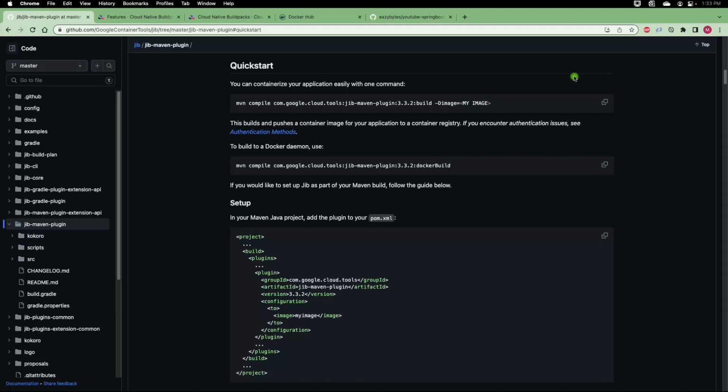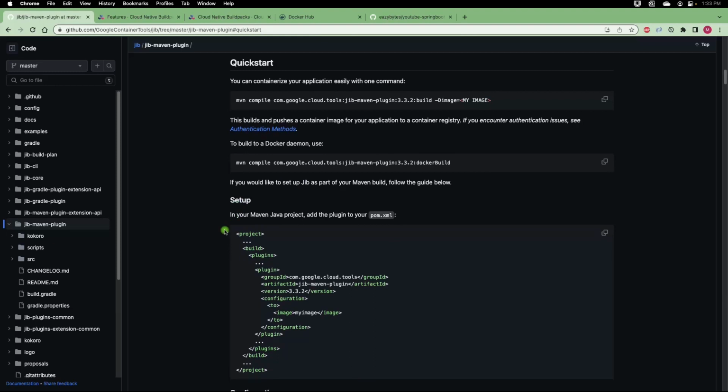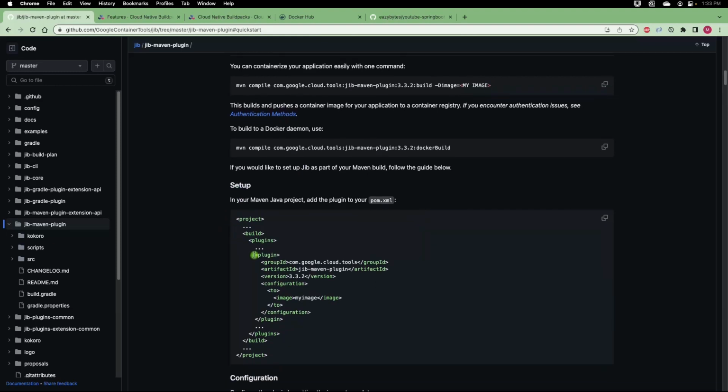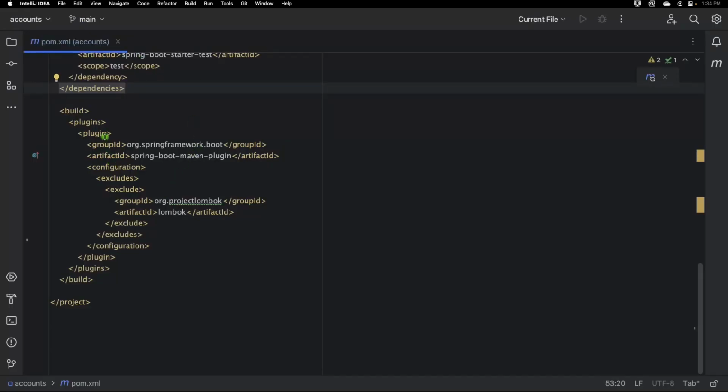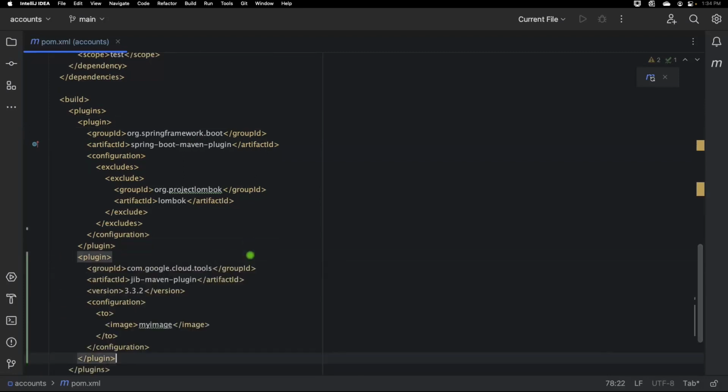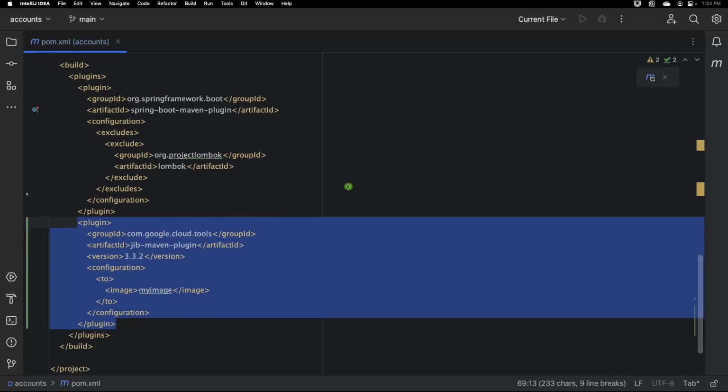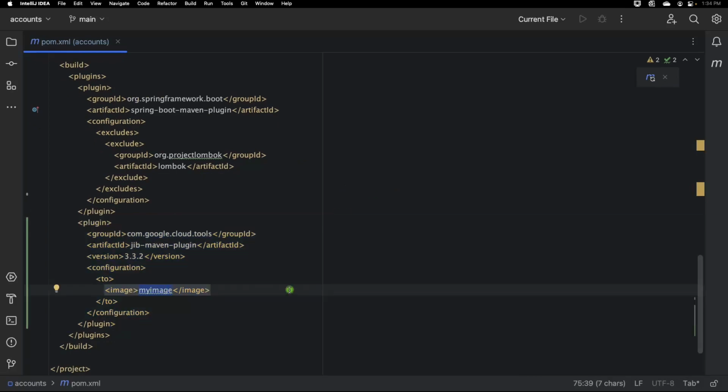Now coming to the configurations that we need to do inside our Spring Boot application. You can see inside our Maven Java project, we just need to copy these plugin details inside the pom.xml. So let me take these values, and here inside our pom.xml, we already have a plugin. Just after this existing plugin, I'm going to create a new plugin with the details that we copied from the Jib GitHub repository. Here under the image tag, we need to provide the image name that we want to consider for our application. So here the image name that I want to consider is